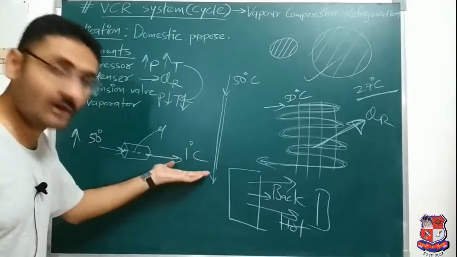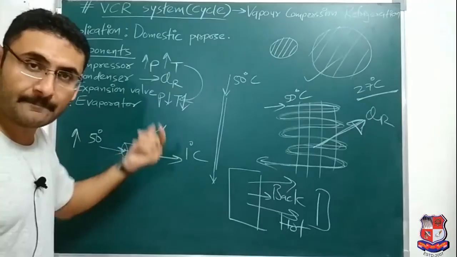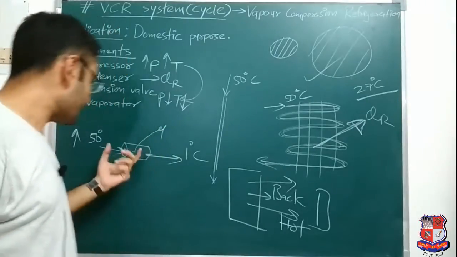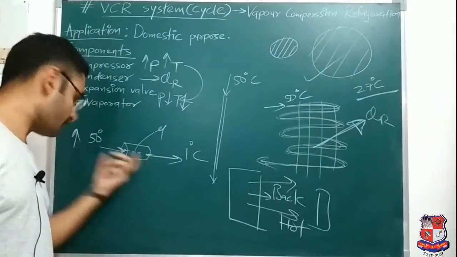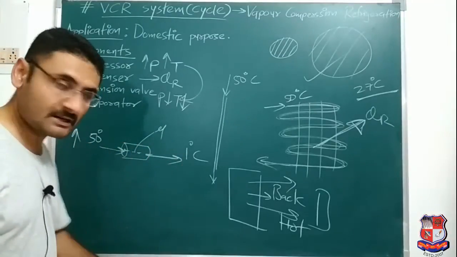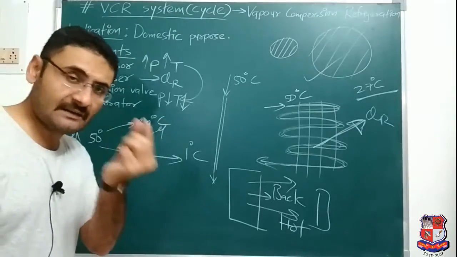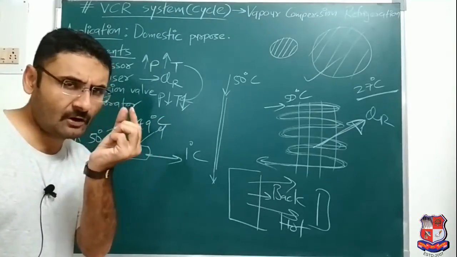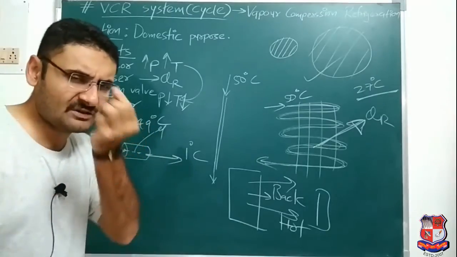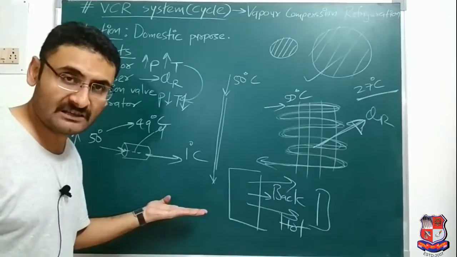That much temperature fall is there. So expansion devices are used to decrease the pressure and temperature. Now one question may arise: how will that refrigerant reach that much low temperature? Over here the difference is how much? 49 degrees centigrade. If you pass a refrigerant through a small piece of a rod, and that refrigerant is passing through a small hole of microns diameter, then how is that much temperature fall possible?